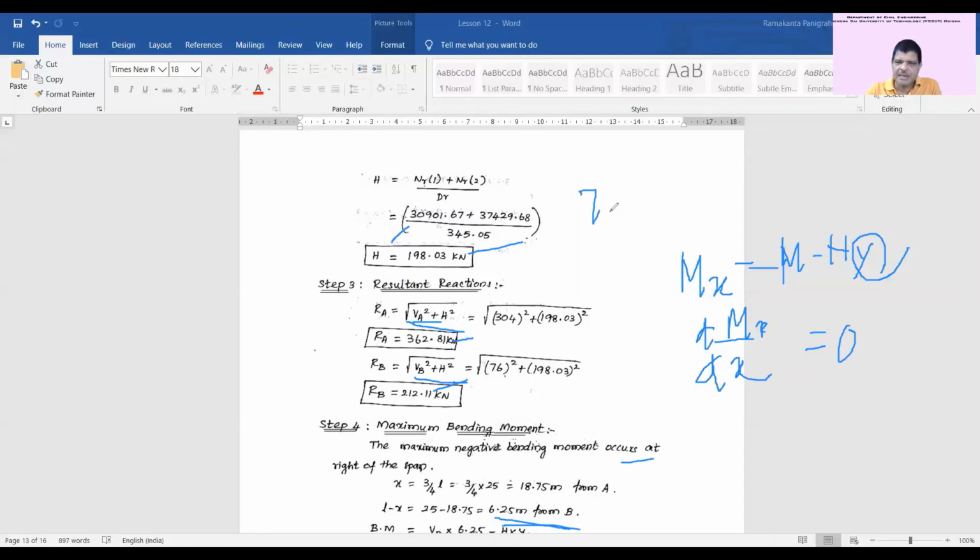So you can take 76 into x, from that side, 76 into x. Then minus h into y you can put, and you can see whether x is coming to this value. Y is equal to again 4h by l square into x into l minus x, that you can put, and you can find the value. And then dMx by dx = 0, you put the value of x, you can obtain it from this equation.